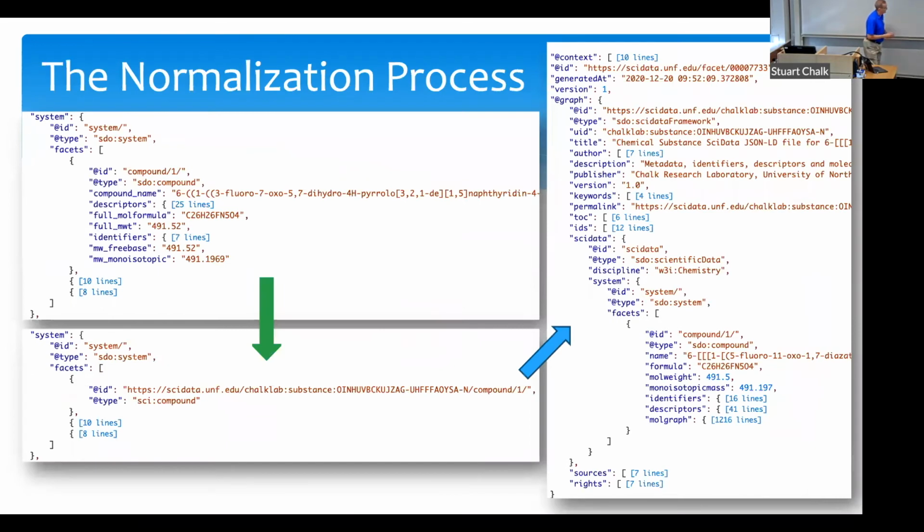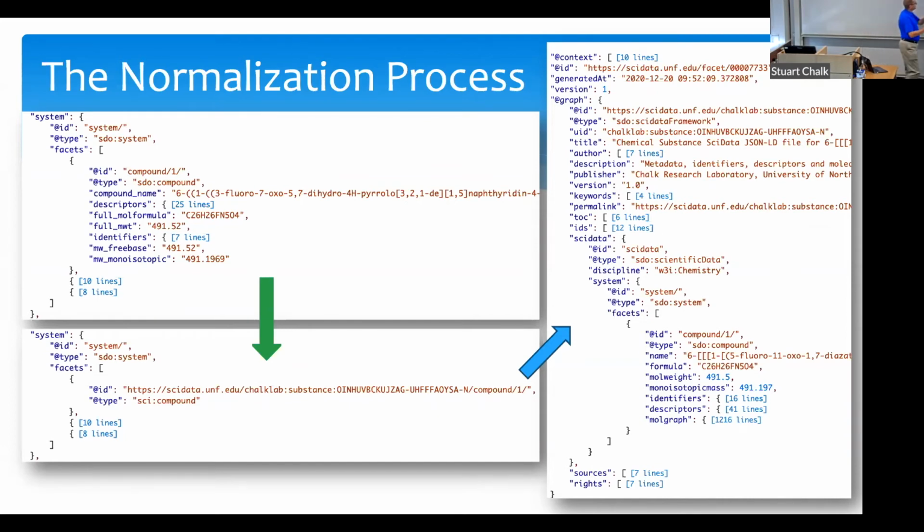So this is that process in action really quickly. This is a file coming in. It has some nominal metadata elements in it. What we do is we look through those metadata elements and try to find a unique identifier that we can use to basically search our database table. The database table not only has the generic representation of the compound, but it also has a list of all its identifiers and all its descriptors. We do that by aggregating data from a lot of different external resources like PubChem and others.